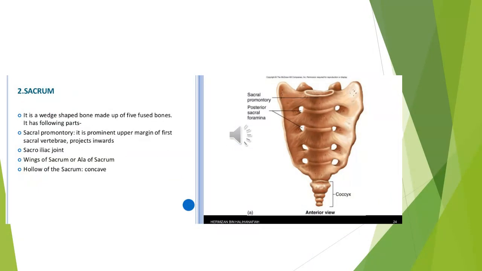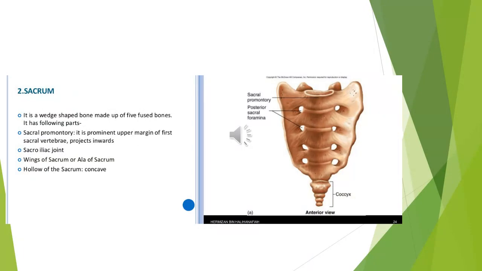And the sacrum: on the posterior aspect of the pelvis in the midline, the bones present are the sacrum and coccyx. The sacrum is a wedge-shaped bone made up of five fused vertebrae, and the prominence, the sacral promontory, is again a consideration while determining the sex difference between the male and female pelvis. The sacrum also joins with the ilium